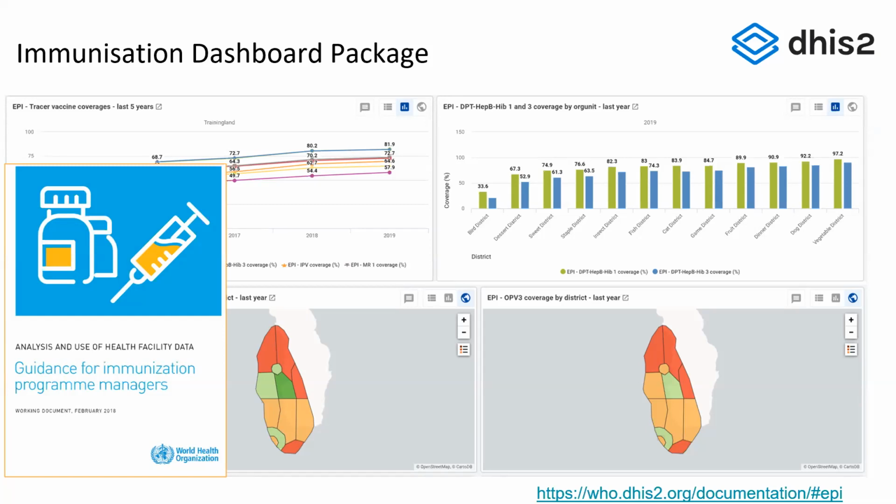And it has different standards and sets of data on how immunization data should be used, what indicators should be tracked at what level, what types of visualizations, what types of data quality controls the immunization programs need to have in adaptation and stuff like that. So together with this guidance comes the